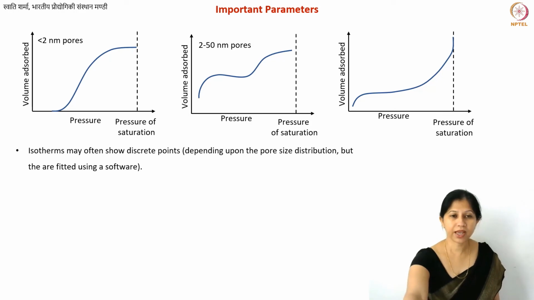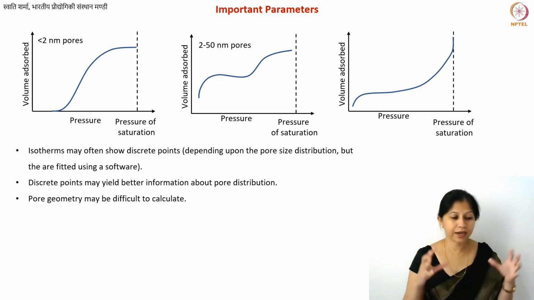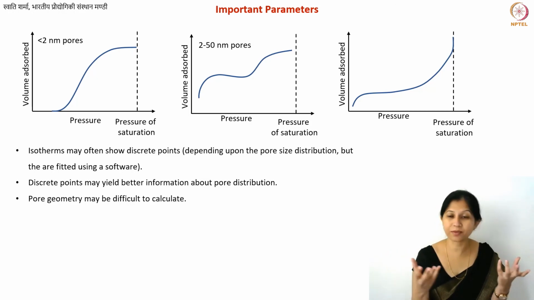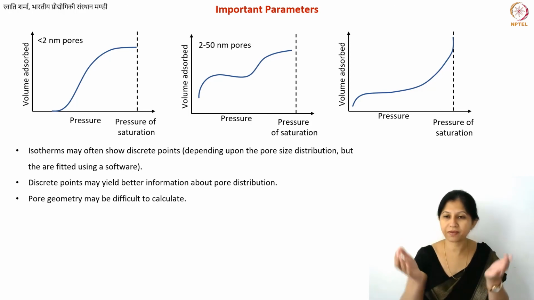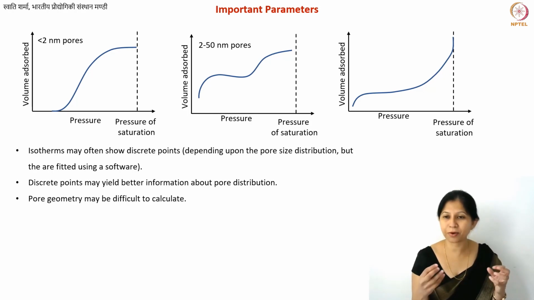Okay. So this is what I have written here. Pore geometry is very difficult to calculate from the isotherms, because again you cannot guess whether these are cylindrical pores or what exactly is the geometry of your pores. In fact, sometimes the number that you get for surface area from very different materials or structures can also be the same number. That doesn't tell you anything about the pore shapes and sizes, right? If I have circular or hemispherical type of pores, or cylindrical pores, or fractal-like pores, what I'm calculating is just the number of molecules that are adsorbed. So it is very difficult to calculate the pore geometry.